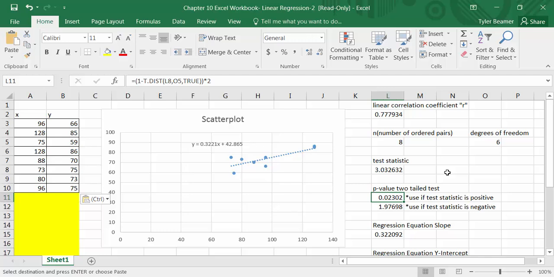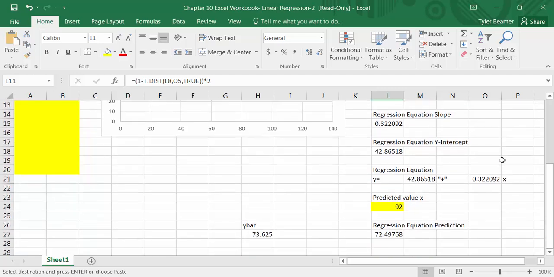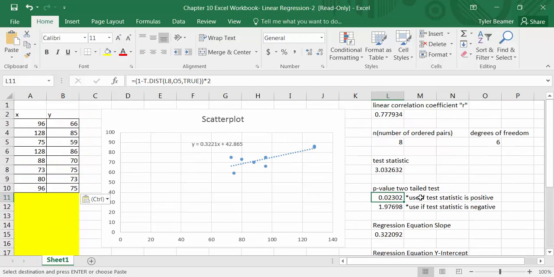So this gives us enough evidence to reject the null and accept the alternative that rho is not equal to 0, which would imply that there is a linear correlation. So if there is a linear correlation between our paired data, then we can use our regression equation as a predictor. Okay. If there is not a linear correlation, so let's say that our p-value was greater than alpha,